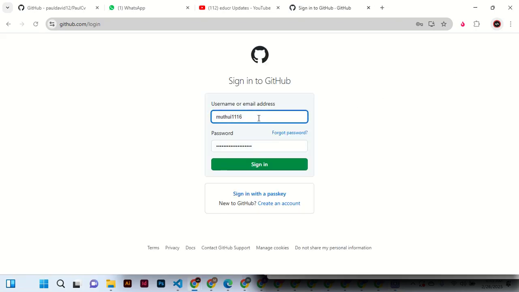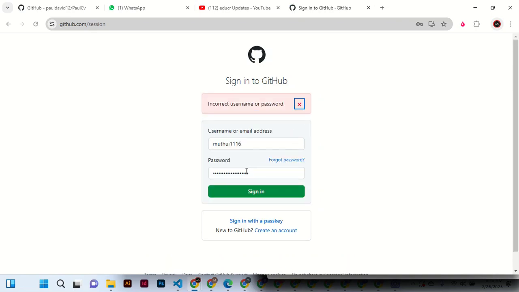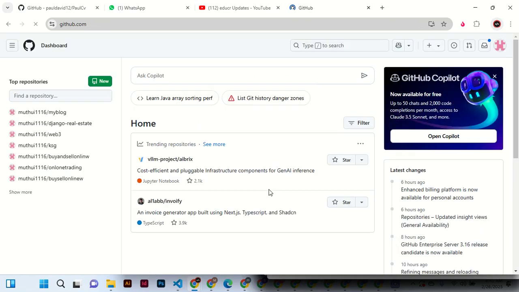Now let me sign in, and for me I sign in like that. And this, I think this one is not correct one. Let's sign in, and you can see after signing in there is this something,